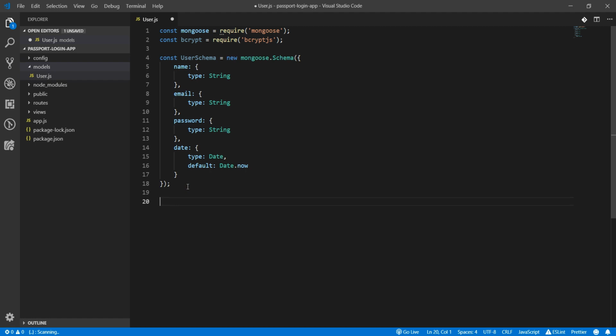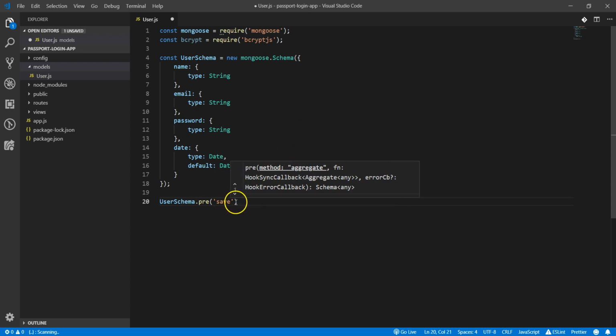Now we want to do something very important. Whenever we create a new user, we want to encrypt the password. Now we can either decide to do it in our route, or inside the passport file, but I want to do it right here inside my user.js. So whenever a new user is created, before the document is saved, the password will be encrypted. And I can do that using userSchema.pre, then I'll add the save method right here,